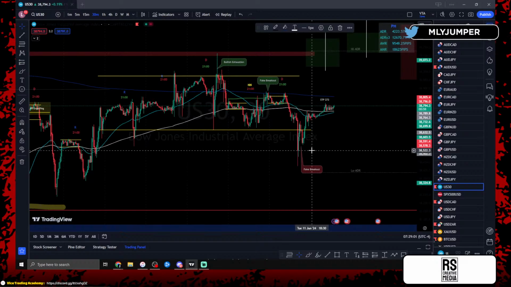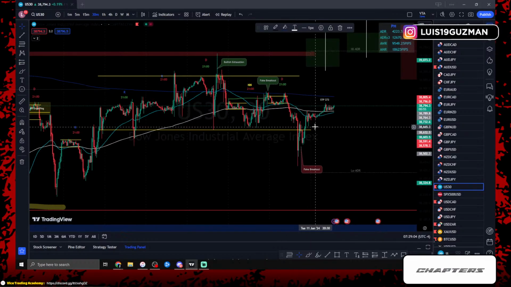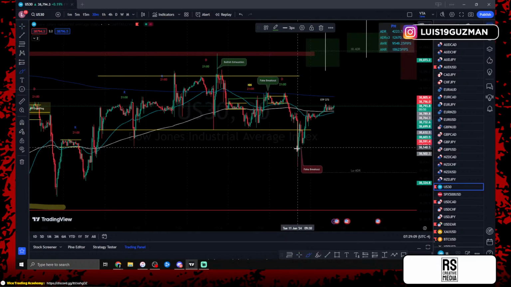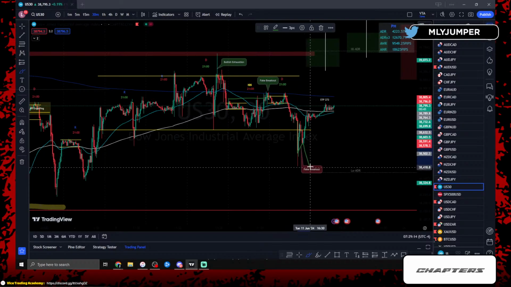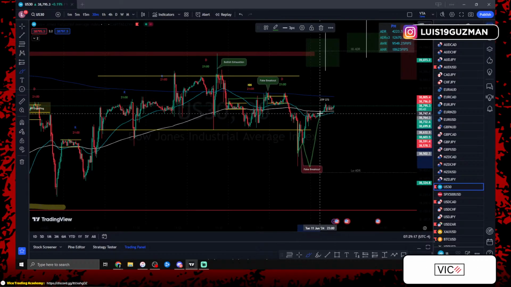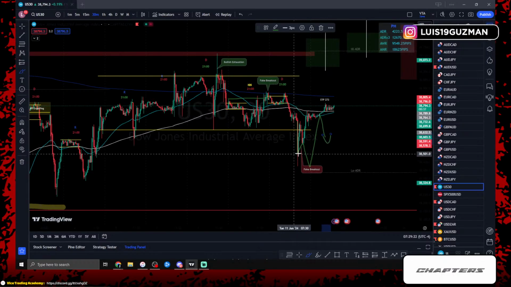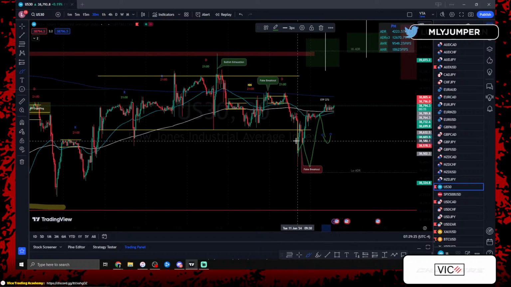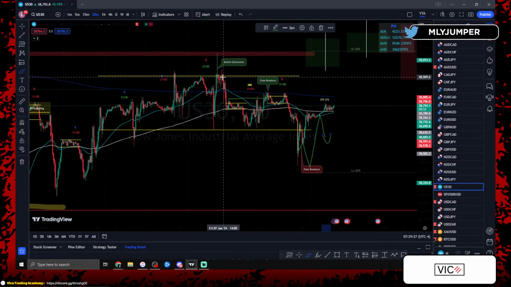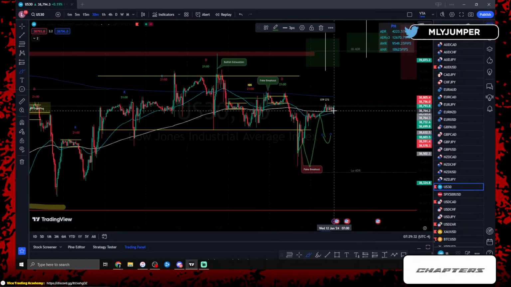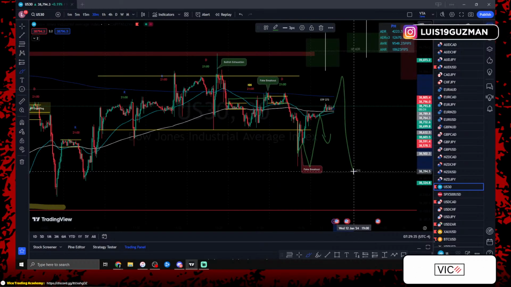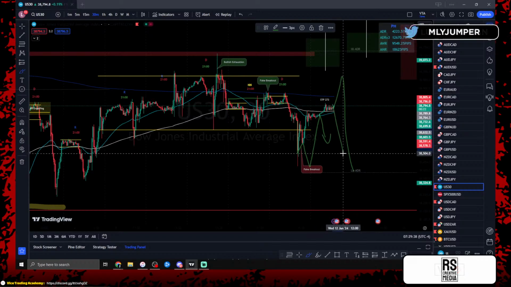What does that tell us? That right now we have no clue where price wants to go. If price yesterday would have given us this red candle, and then another red candle break below here, and then we would have gotten a retest, then we would be 100% looking for price to go back down. But the fact that price did not give us a break of structure, and it didn't give us a break of structure of the highs, right now price could do whatever it wants to do. The news could hit and price could spike highs and then go right back down, or vice versa. It could spike lows and go right back up,